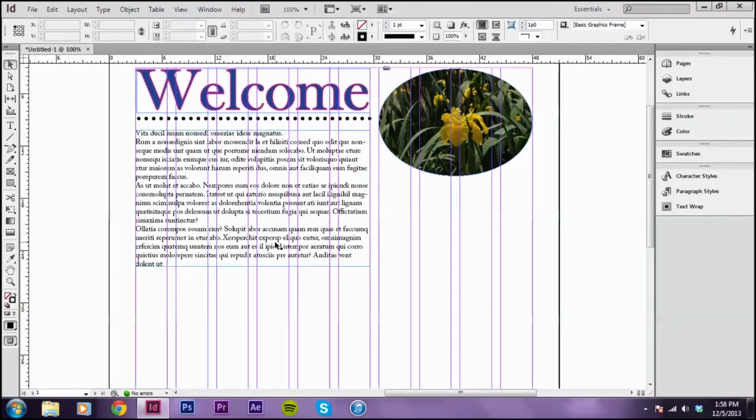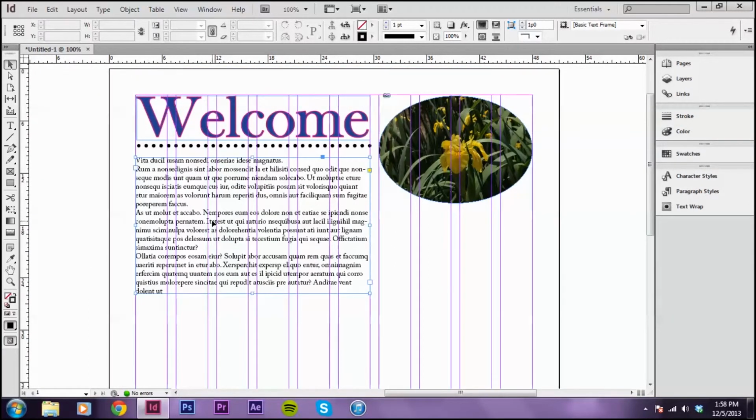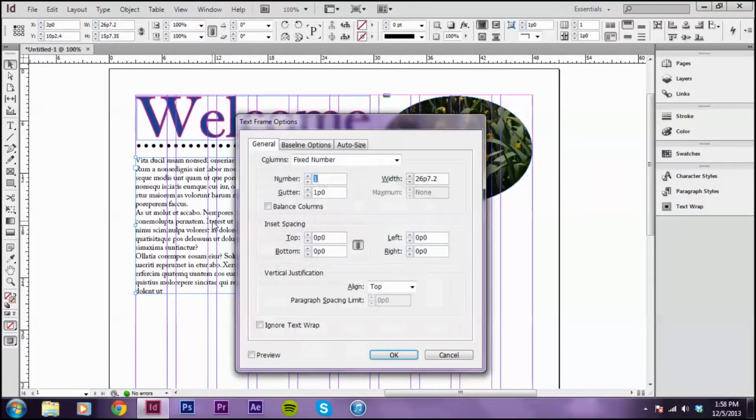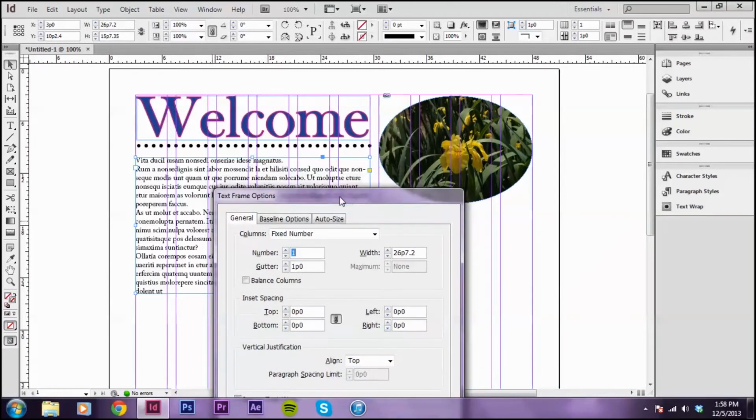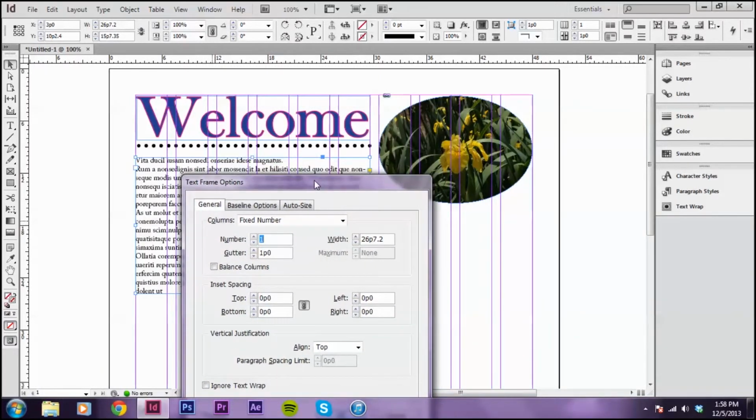Say if you want to have a column, you know, some people like columns, you're going to do Control B, and this is the number you want to work with. Now, depending on how many columns you have, I have 10 columns altogether. But every 2 is considered 1 column. So I have a total of 5 columns,